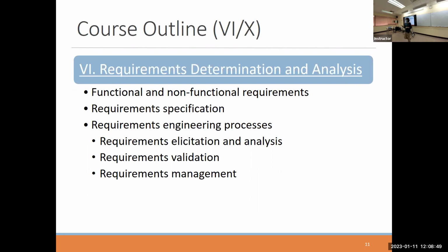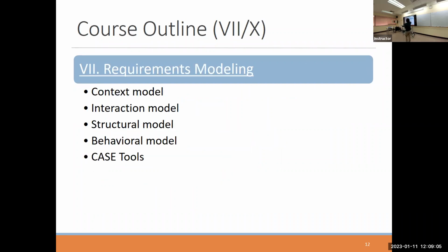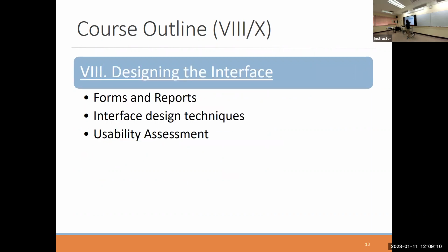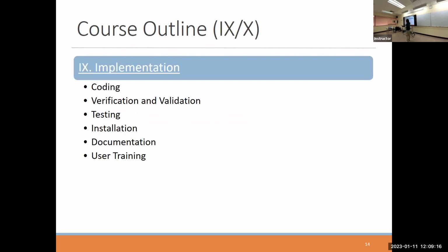How can we capture and represent those requirements through proper standard diagrams? What we will use basically will follow the UML, Unified Modeling Language, that consists of a number of diagrams, but we select only key ones and learn and use them. Okay. So we will do the requirement modeling. We will do the designing of the system architecture, user interface, and so on. We will learn about the implementation process.